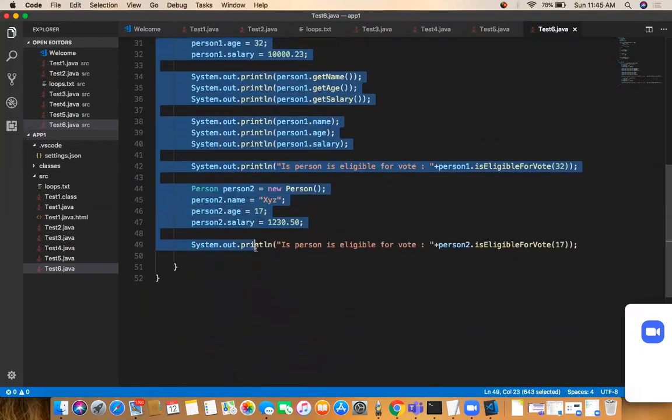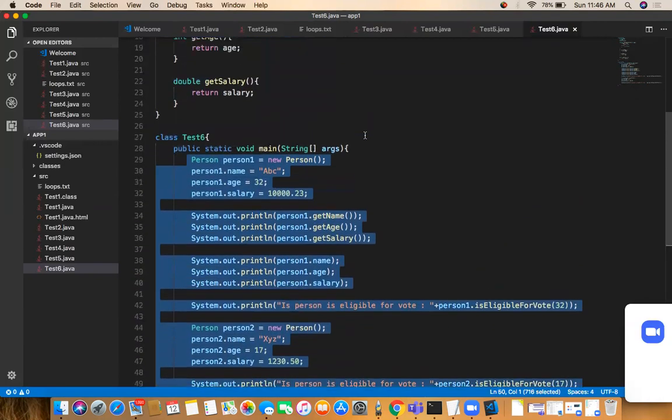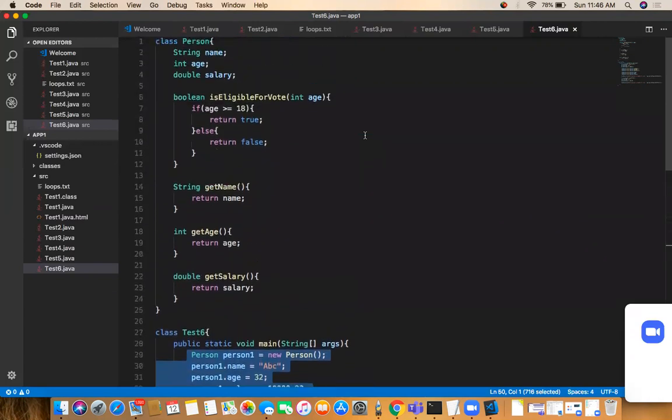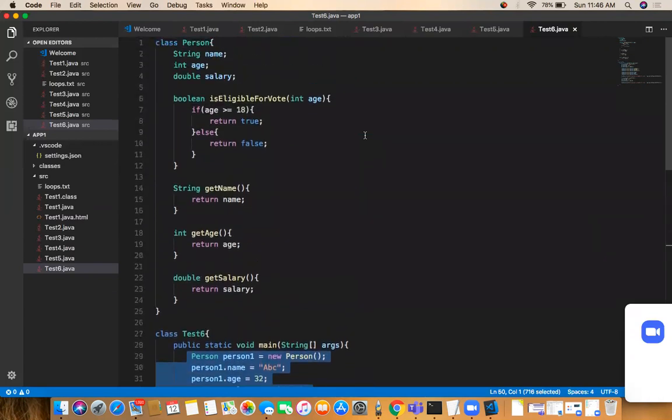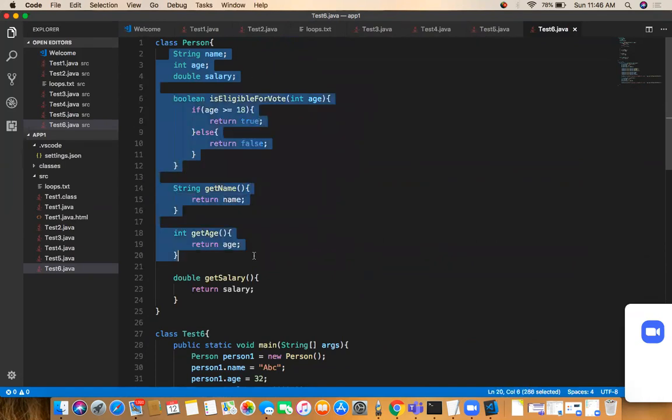Here we have created 2 objects. This is one definition. We can tell what is a class in a second way also. A class is a user-defined prototype which is having a set of attributes and a set of methods. A class is a user-defined prototype which is having a collection of attributes